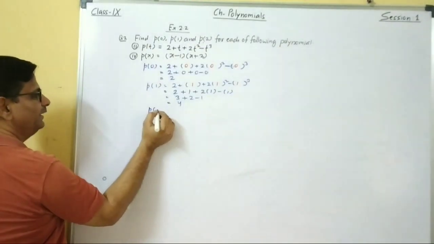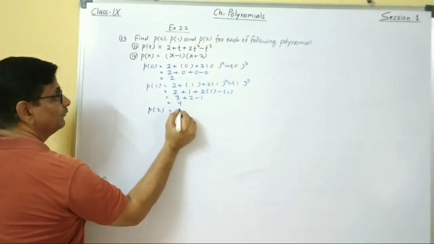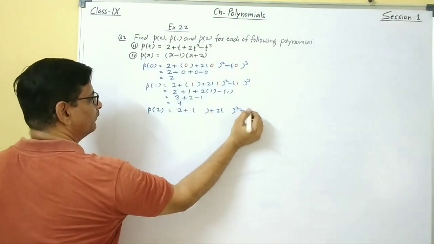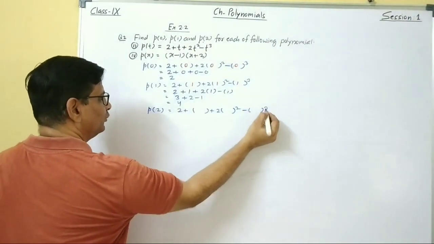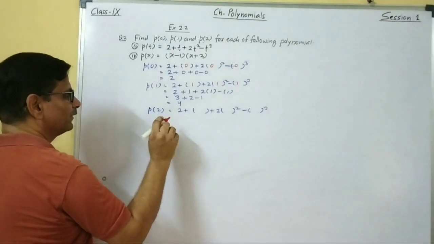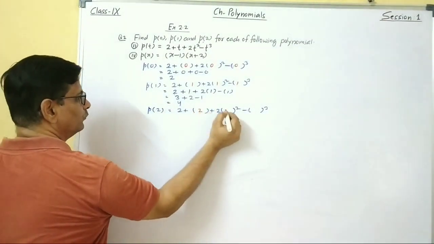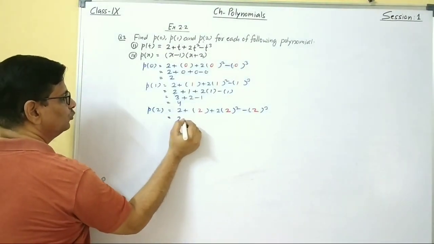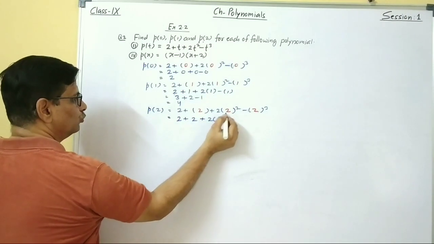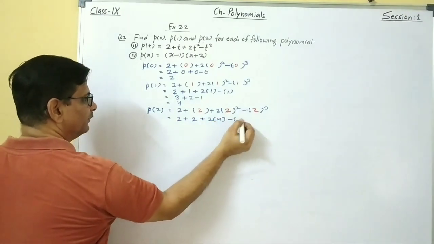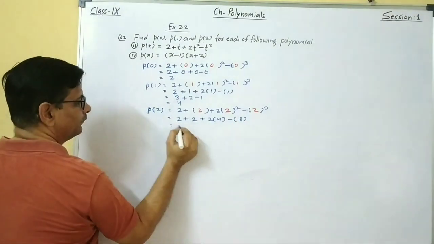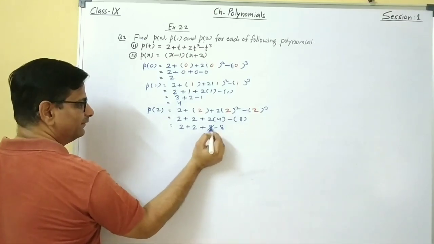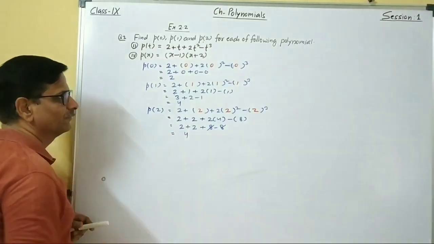Now next is p2. So I will write 2 plus t plus 2t square minus t cube. Take care of the sign, it is very important. Now wherever t is, write 2, so 2 and then 2. Okay, so we will get 2 plus 2, and then 2 square is 4, minus 2 cube is 8. Then 2 plus 2 is 4, minus 8, so 8 minus 8 cancel and our answer will be 4.